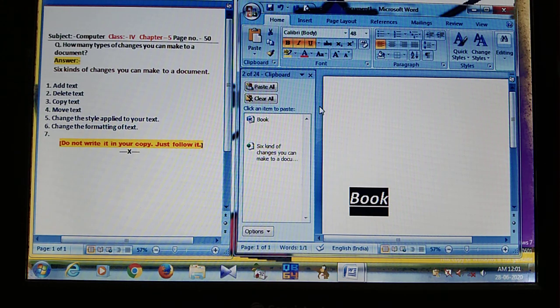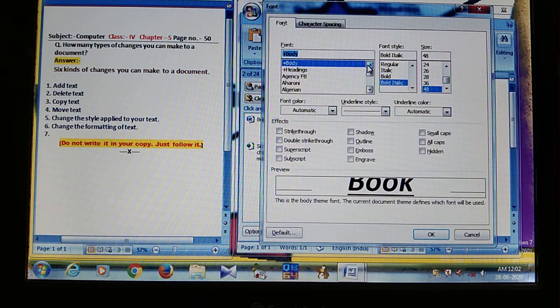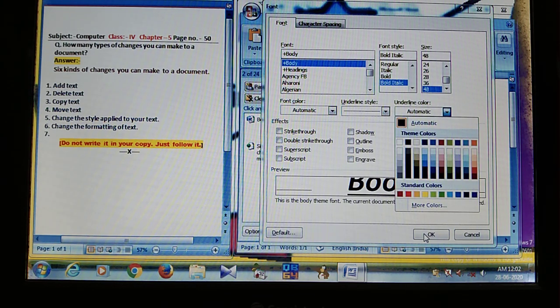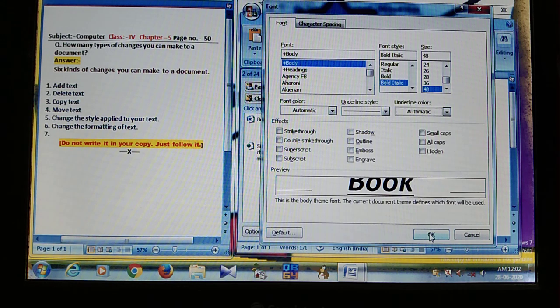Okay, and there is also another method to help you. You can click on here, the font dialog box. All the rest of the features, look at here: font style, size, color, underline color, and effects also: strikethrough, double strikethrough, superscript, subscript, shadow, outline, and the rest of the features. After selecting all the features, you may click on the OK symbol. Suppose I want to click here underline color. Look at here, I select the red, click on OK.